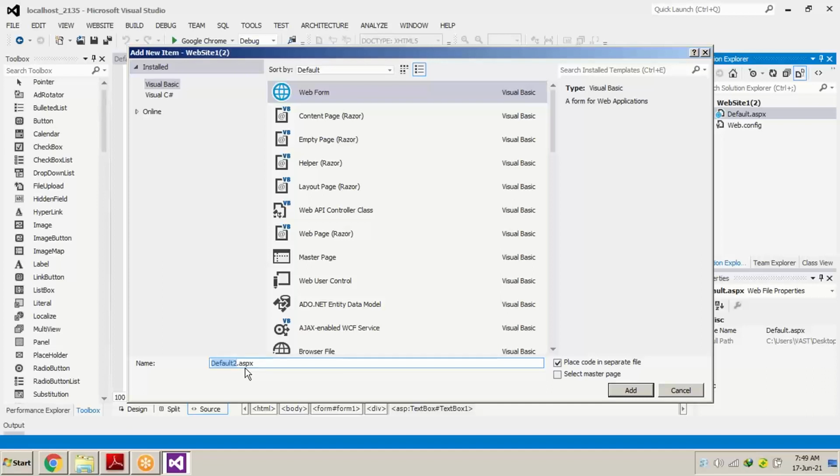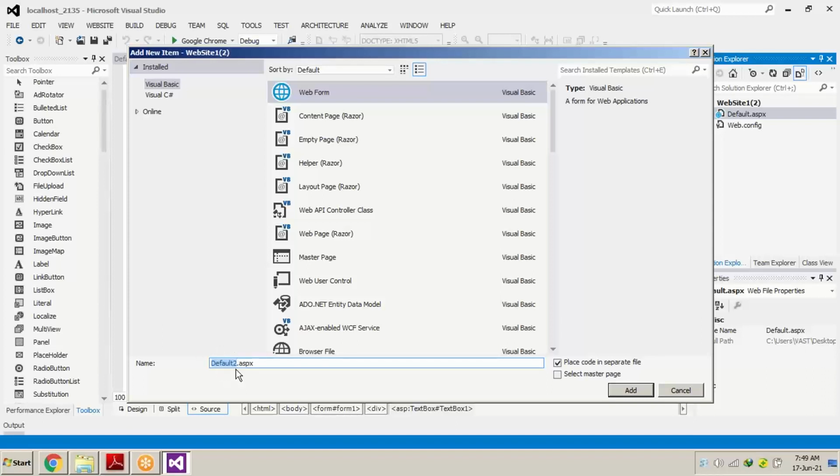We have .doc extension for Microsoft Office Word files, .xls extensions for Excel files, .bmp extensions for BMP images, and extensions for JPG images. In the same way, every page of ASP.NET has the extension .aspx. So you cannot just erase the .aspx from over here. Just remember this. You can change default2 to second page, third page, fourth page, whatever name you require, but you cannot remove .aspx. Otherwise, the file will be unstable and will not work properly.